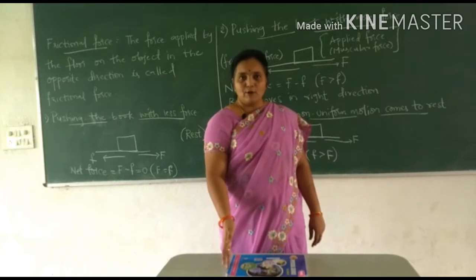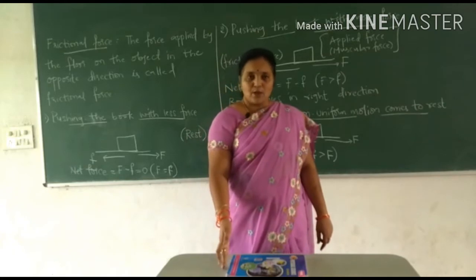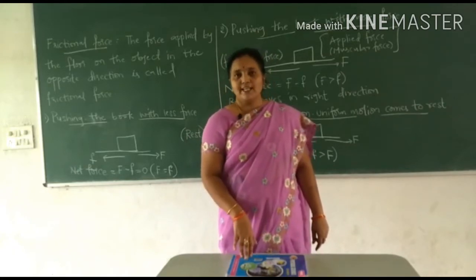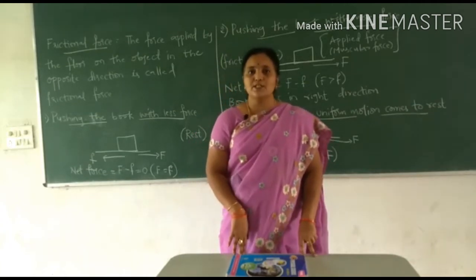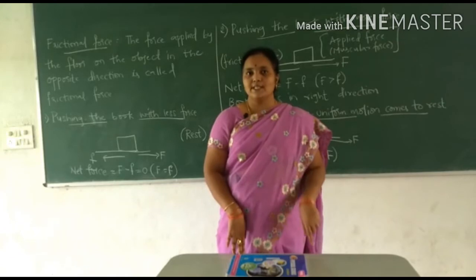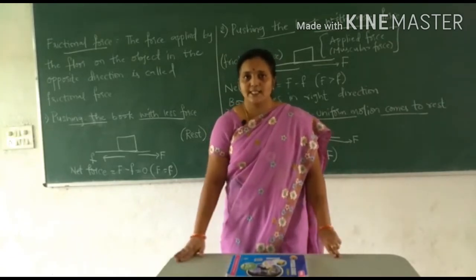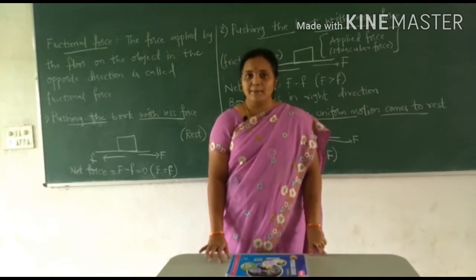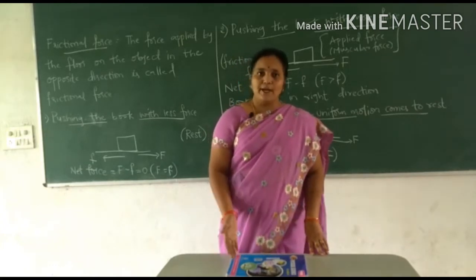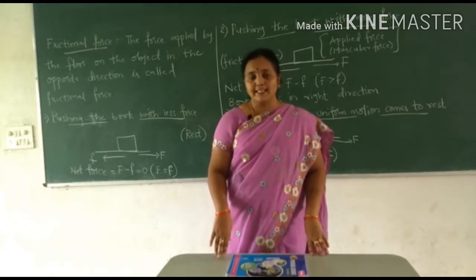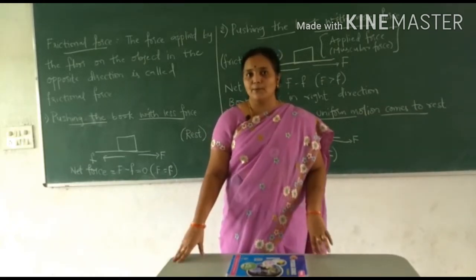Now, when I applied the force on this book, what is the applied force here? My muscular force. I have applied force on this book, but we can see that the book is not moving. What is the reason behind it? Why is the book not moving though the force is applied? Because when this book has come in contact with this table, the surface of this table is also applying force on this book. Now both forces, the applied force and the force applied by the table, are acting on this book. Then also we can see that the book is not moving.